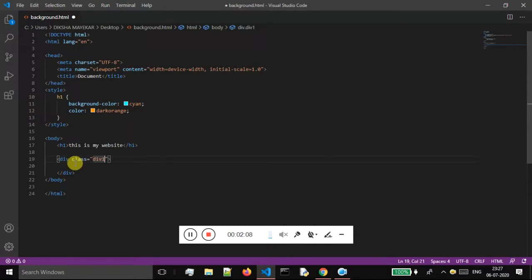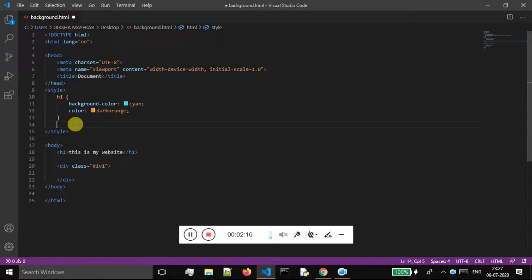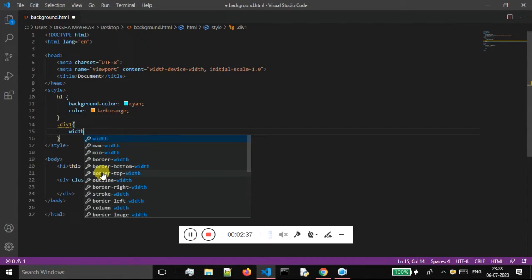And now if suppose I want to apply the styling to this division, I will be applying the styling with the help of this class. So whenever we are applying some styling to some particular element through some class name, then we will be calling this class name by making use of the dot. I will say .div1. Okay, and after that open and the close curly bracket, and inside of this we have to specify the properties and the values. And over here I will give the